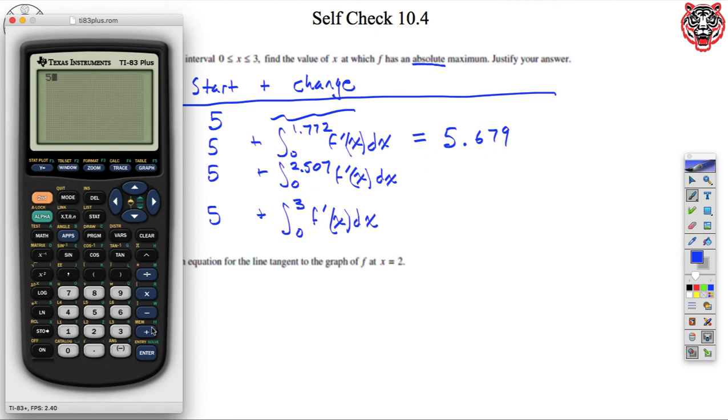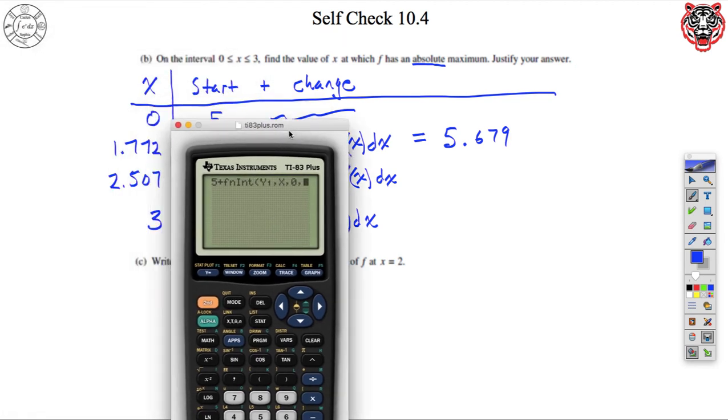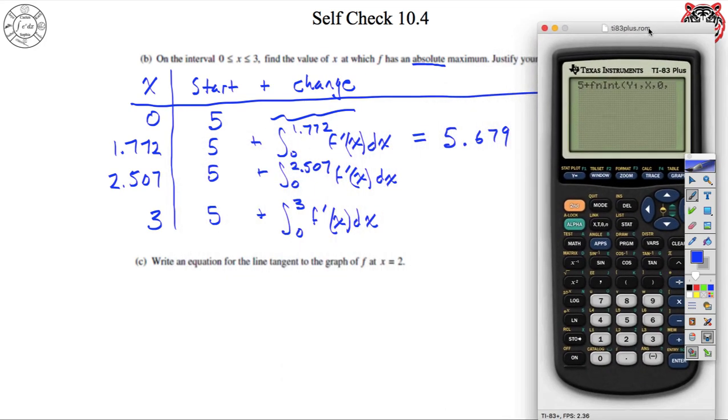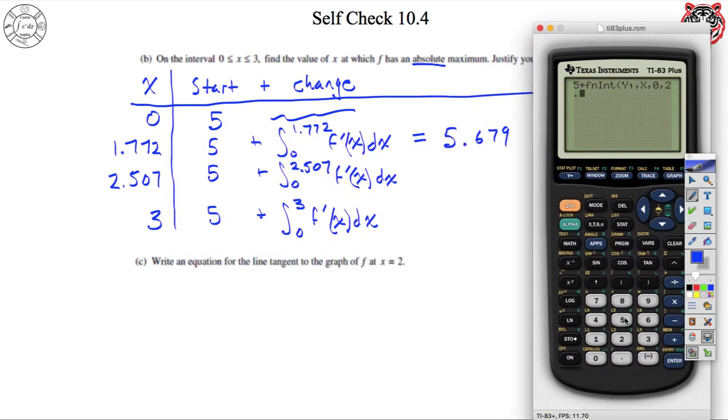How to do this without the graph though, so let's get out of that. If I do 5 plus, so I already have the 5 included, math 9, the integral, and it's going to be the integral of vars right, enter of that y1 function with respect to x from 0 to, okay, I hid the 2, it's to 2.507. And that is going to be 5 point something I would imagine, yeah, 5.407,